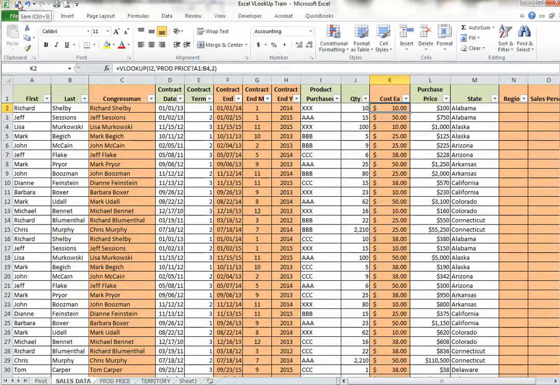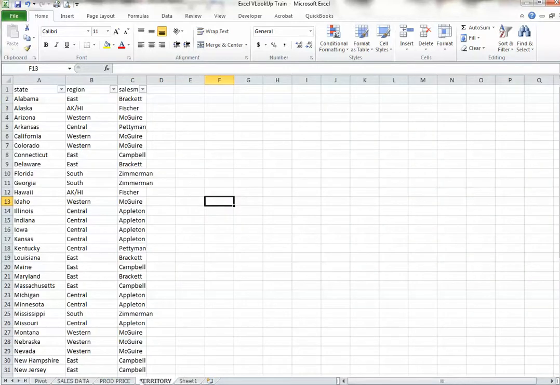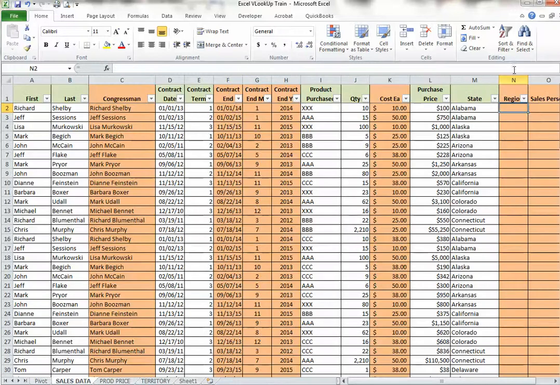I'll show you one more example over here. So it would be region. And I have, again, created another tab in my document called territory. So when it looks up by state, it will then tell me what region that salesperson falls into, as well as who the salesperson is. So again, I'm going to come over here for region. I'm going to type in equal,